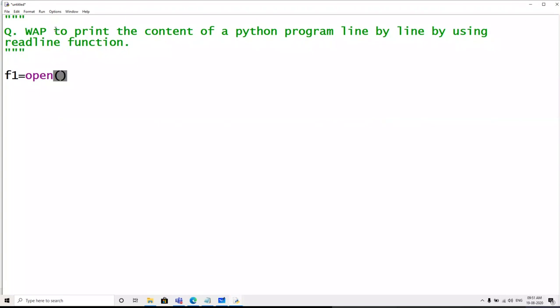Let's open that file. f1 equals open, read1.py, because we are storing the program in the same folder, so there is no need of specifying the location and path, comma r. That's it. We have opened it. Now the same thing we will do as we have done in read n. Here we will not mention how many lines because it does not accept any argument. So line equals f1.readline.